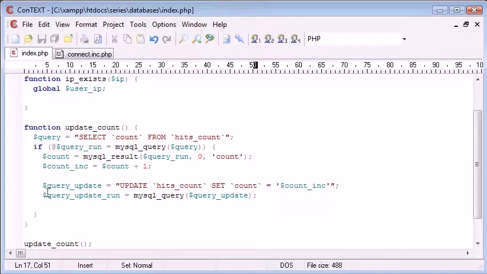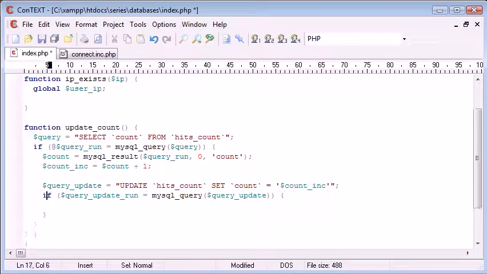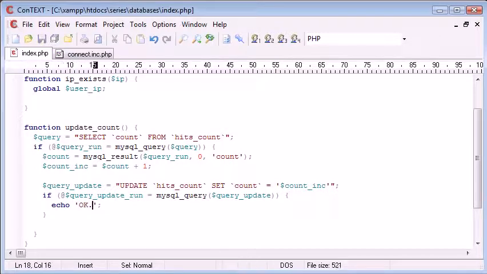And now we can use exactly the same structure here, and we can say if, and enclose this in brackets, if query update run, so if that runs, then we're going to echo out OK for now, but we don't actually need to do that. Eventually we're not going to need this if statement. We just need the query update, and we can put an @ sign in front of it. But for our purposes now, we're going to check if this query has been